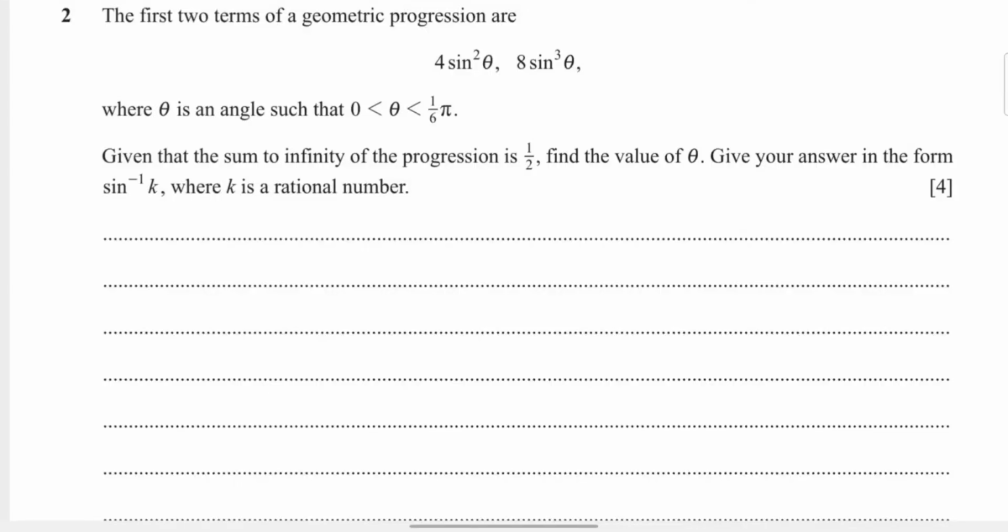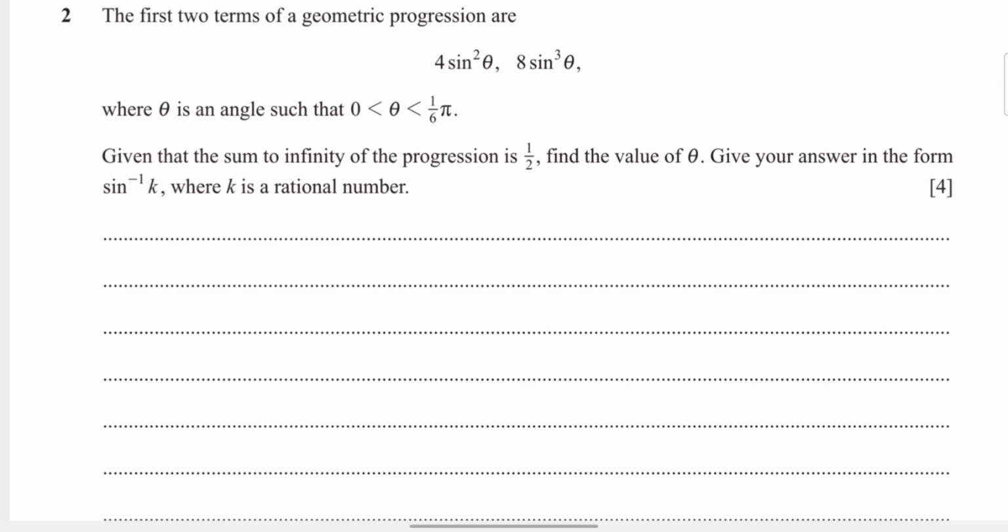And the second question is saying the two terms of a geometric progression are 4 sine squared theta and 8 sine to the power 3 theta, where theta is an angle such that 0 is less than theta, which is also less than 1 over 6 pi. And it goes on to say, given that the sum to infinity of the progression is half, find the value